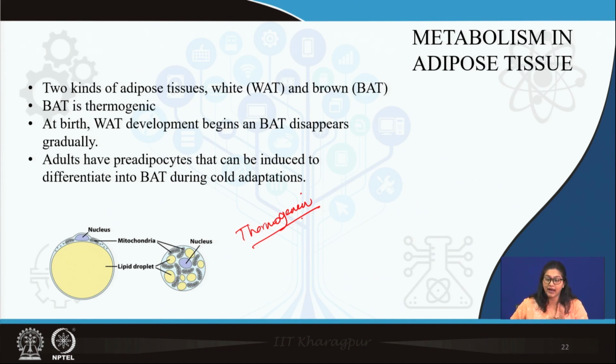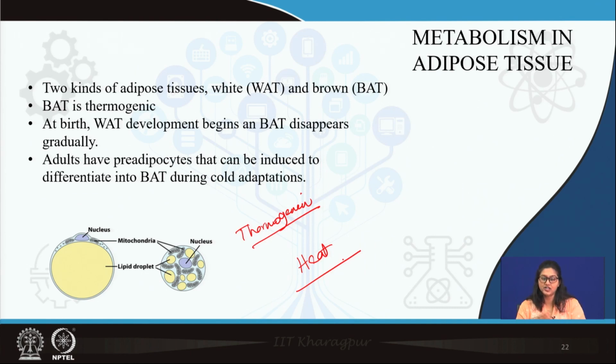Now, what happens inside mitochondria? Reducing equivalents are utilized for formation of ATP, but due to presence of thermogenin, that energy cannot be utilized for ATP formation, rather it is dissipated as heat. So, brown adipose tissue provides heat for those animals which are hibernating or for neonates who need preservation of heat. So, basically brown adipose tissue in neonates is present around those organs which need to be preserved, like brain, like abdominal organs, even kidney. They should be